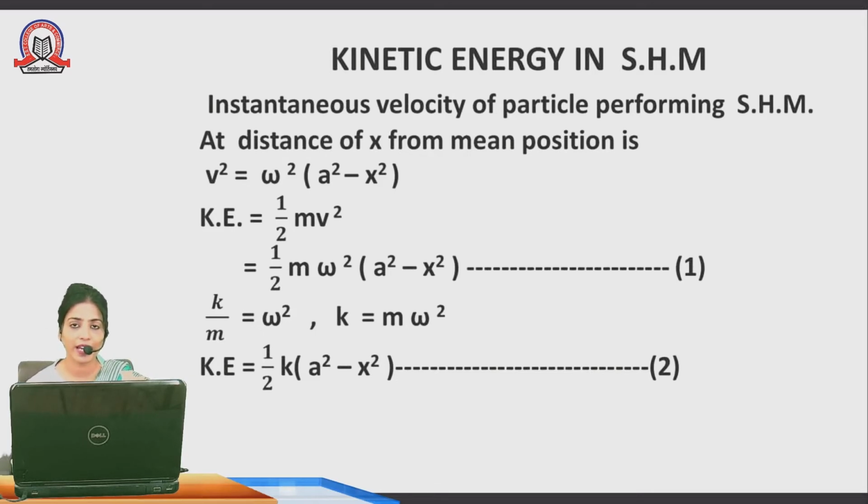First we have to know the value of v in simple harmonic motion. Write down that v. After that we use the basic formula, kinetic energy equals 1 upon 2 mv square. After that we substitute the value of v, rearrange the terms and find the kinetic energy. The kinetic energy equals 1 upon 2 k in bracket a square minus x square.